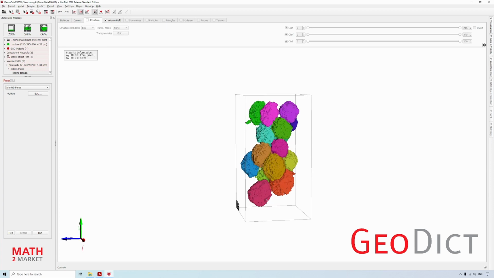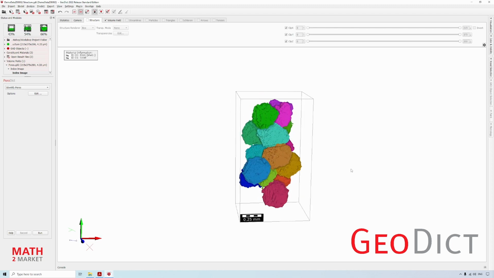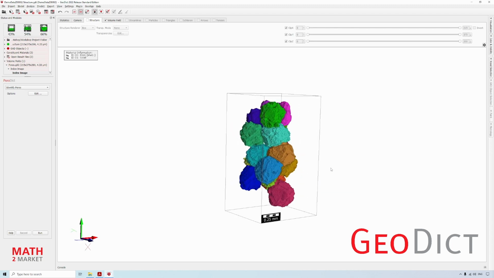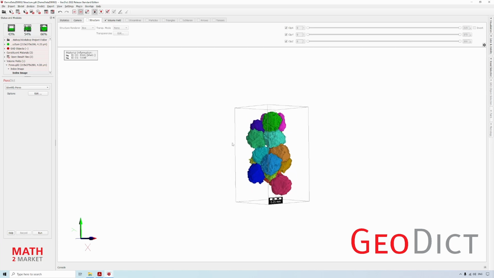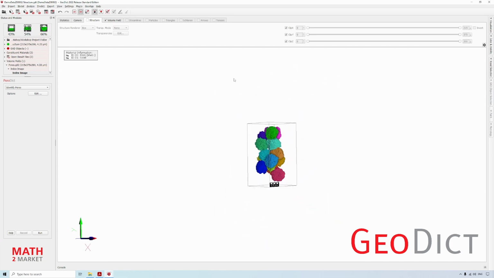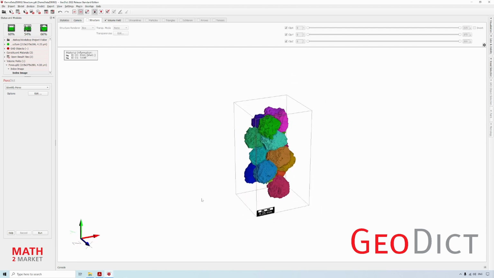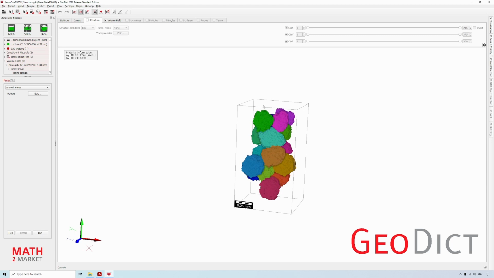We can rotate the structure by moving the mouse, and we can zoom by right-clicking and moving the mouse up and down. And we see that the pores are in fact rather elliptical and oriented.